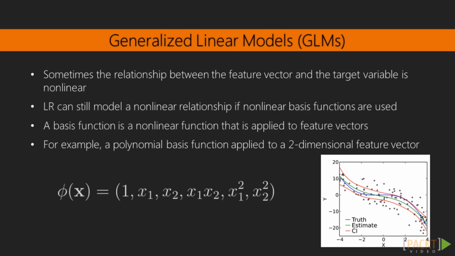However, in many datasets, there is a nonlinear relationship between feature vectors and a target variable. In this case, linear regression, as we described it in the previous slide, would not be an appropriate model to use. However, you can still model nonlinear relationships in a linear fashion using basis functions. A basis function is a nonlinear, vector-valued function that is applied to the feature vector, i.e., a basis function accepts the feature vector as input and produces another vector that may or may not be the same length as the